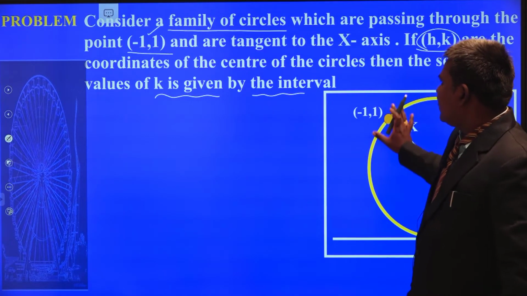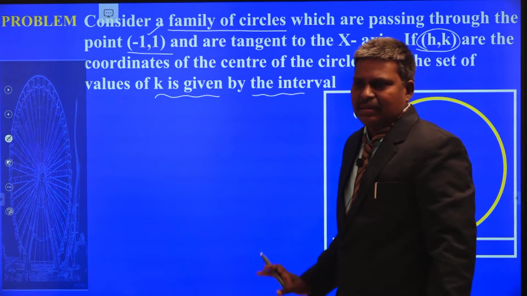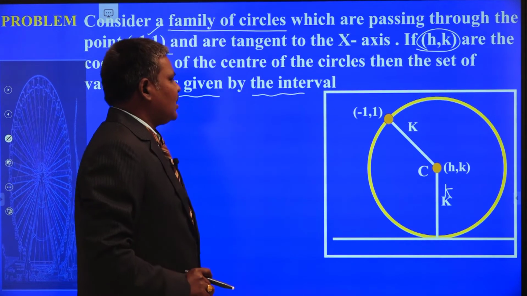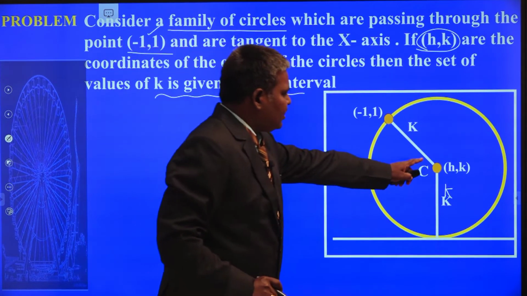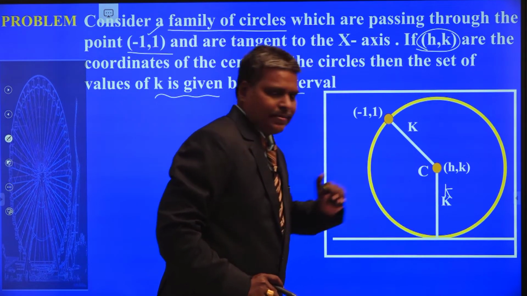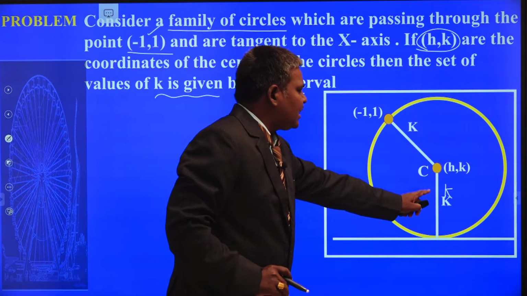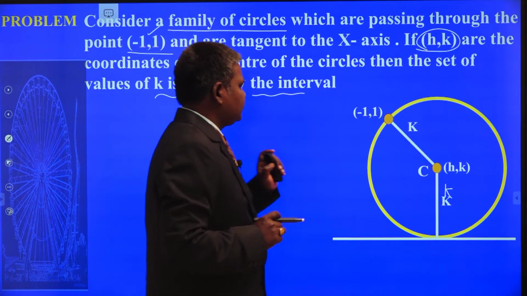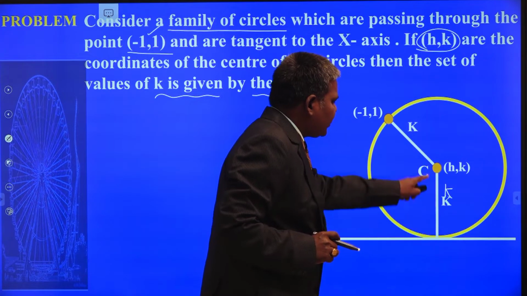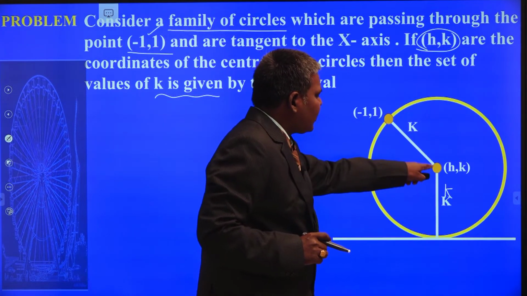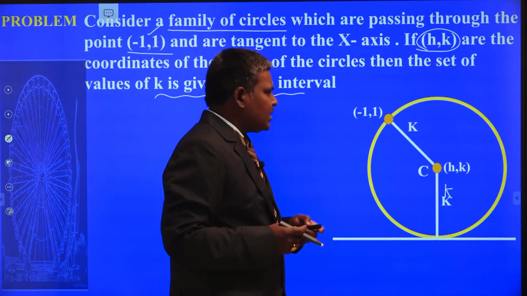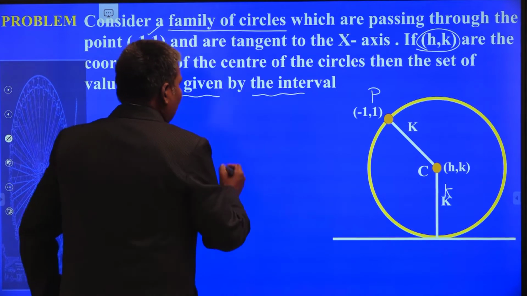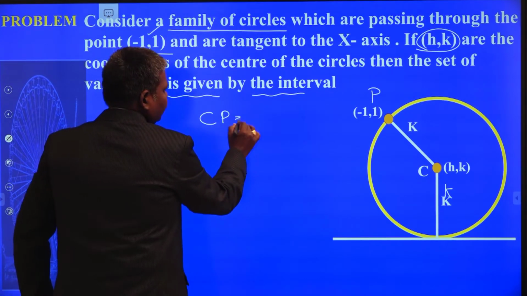This is the diagram for this question. From this diagram, you have to evaluate the range of k. The only logic behind this problem is you have to identify this distance as k. Once you identify the k from this figure itself, your problem is over. See how to solve this one. Now the distance from here to here is k units. Here to here is also k. Can you equate the 2-point distance to k or not? Yes, you can easily equate that one. This is C. Suppose your point is P, say. What is CP now? CP is equal to k.